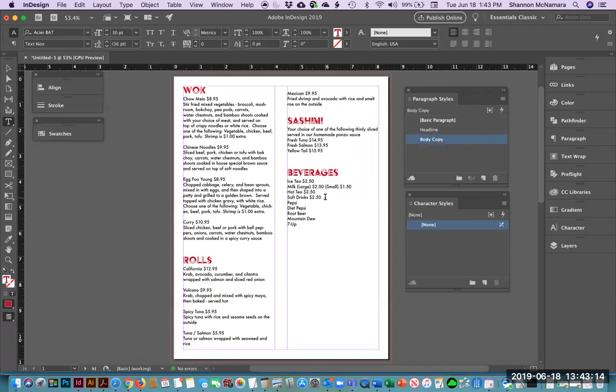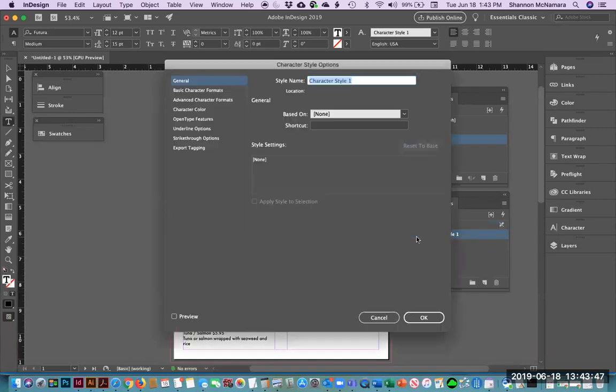Now the next thing I want to do, I'm going to actually use a character style for, and it is to just bold the items, and make another one to just italicize this and change the color. So I'm going to click Create New Style, double click,